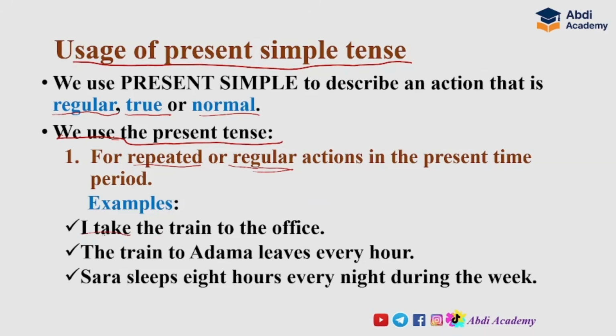So we need to use present simple tense to indicate repeated or regular action. Look at the next example. The train to Adama leaves every hour. Every hour. This action is also a repeated or regular action. The term every hour indicates